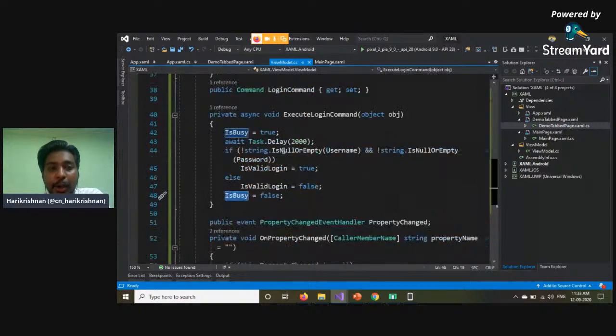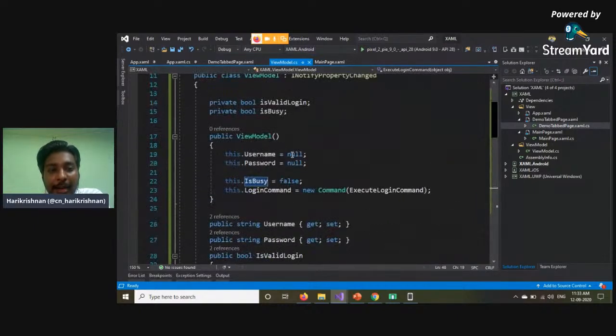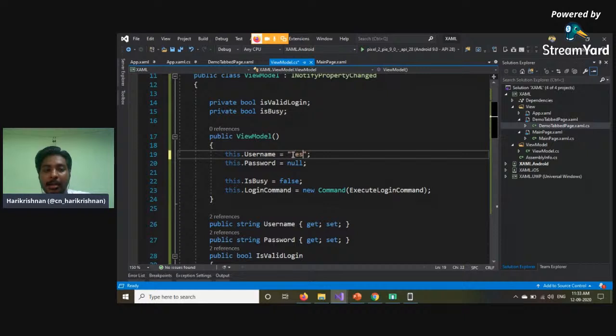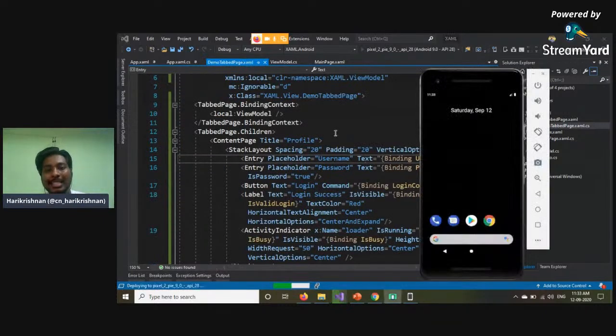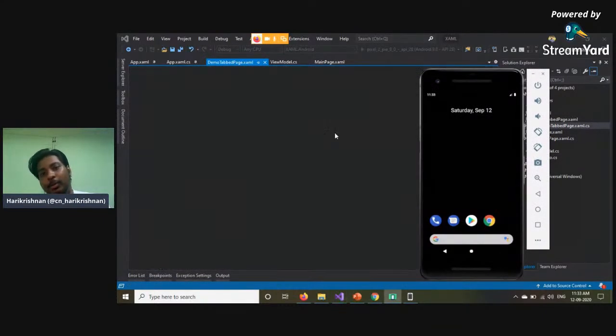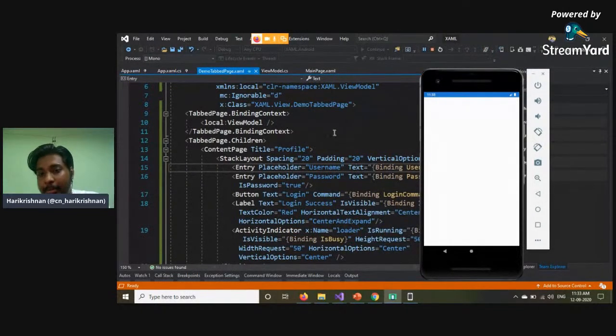For example, if we do have this username, instead of being null, we have this as something else, it will be rendered at runtime. That's how it typically works. So this is an example for two-way binding mode. The binding modes which I talked about in my demos, this is one classic example. Any changes that I type in here will be reflected in the view model as well. Anything that I have given in the view model, you can see that it is pre-configured here,